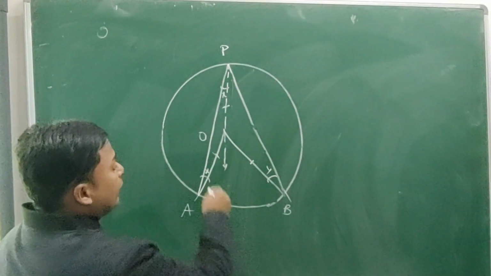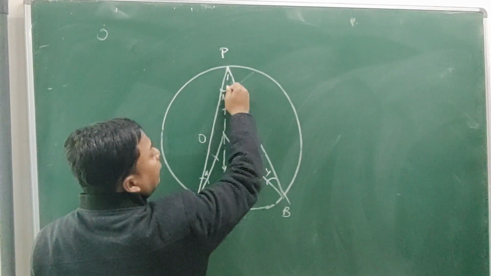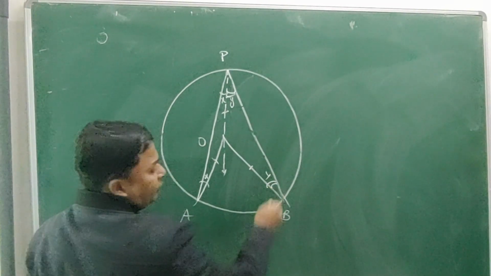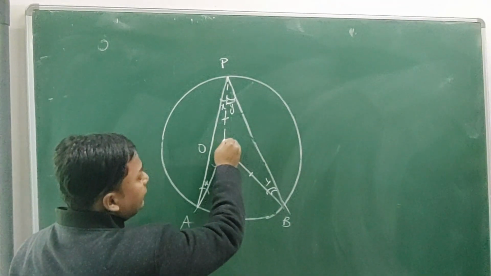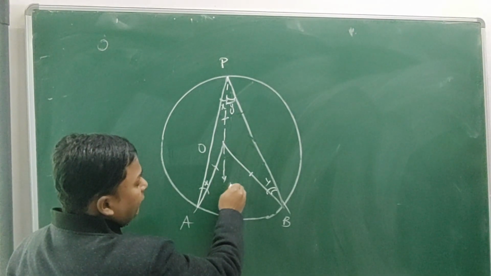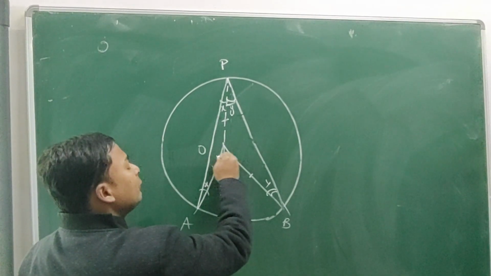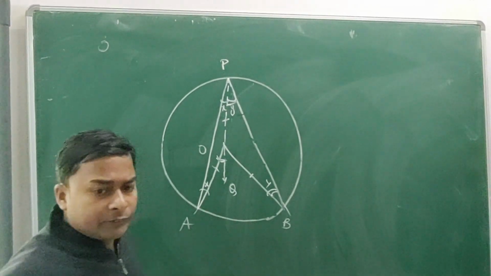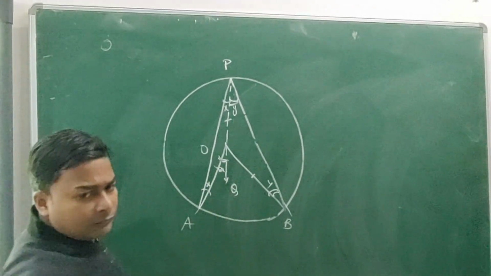So my dear, if these two angles are X, this is Y, this angle is also Y. I am giving another symbol. Now, what is the value of this? This is center O, this is, I can say, point Q. What is the value of this angle? Can you tell me? 2x. Very good, because this is exterior angle.